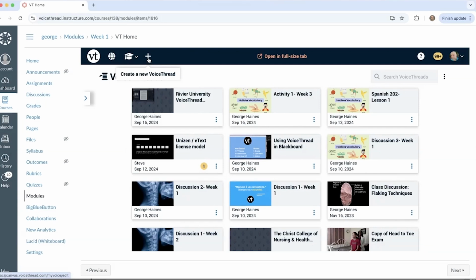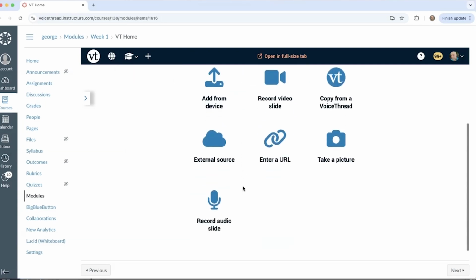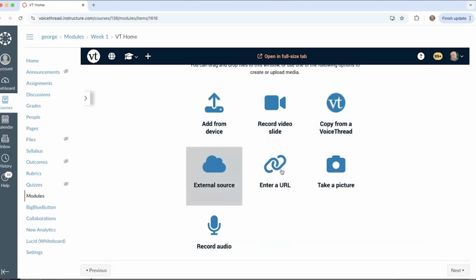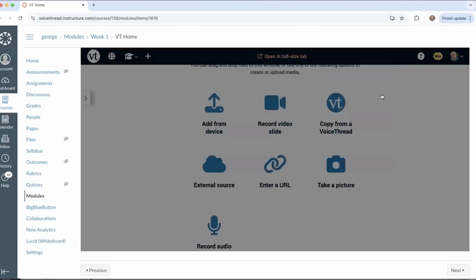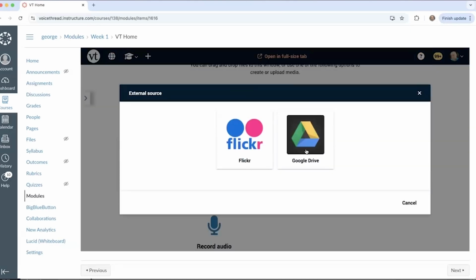So I click on the plus sign, and you can see there's a number of ways I can bring my slide content into this VoiceThread. So these two at the bottom, I wouldn't worry too much about. Take a picture is basically a selfie slide. Record audio is for an audio only slide, which is really only used by podcasters. The URL option is how you can add YouTube videos. So if you paste a YouTube link here and click save, it will import that video into your VoiceThread as a video slide. The external source is where you can connect your Google account to VoiceThread to import stuff